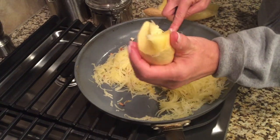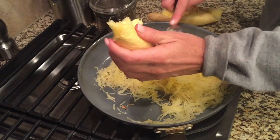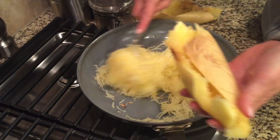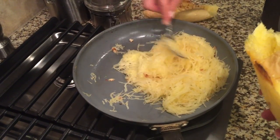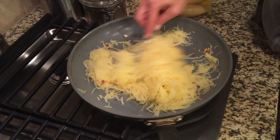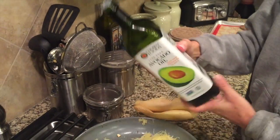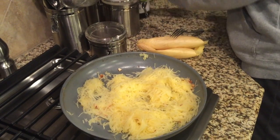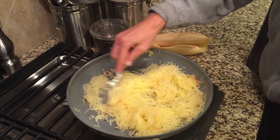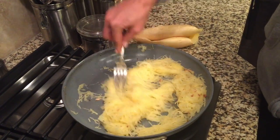Now I cook this just long enough to where the spaghetti squash becomes translucent or a little limp. So it's going to look like cooked spaghetti basically when it's ready to eat. Now it's already cooked because I did bake it in the oven, but I like to saute it in the avocado oil and the garlic just for a little extra flavor, and it makes it a little more tender. And then I throw a little extra avocado oil on the top just so it stays moist, and then cooks to that limp texture that we like to have with our spaghetti squash. So I'm just going to let that cook up in the pan until it becomes a little bit more